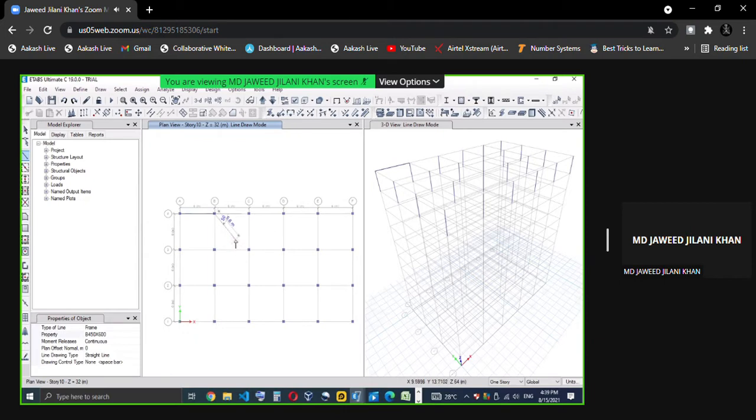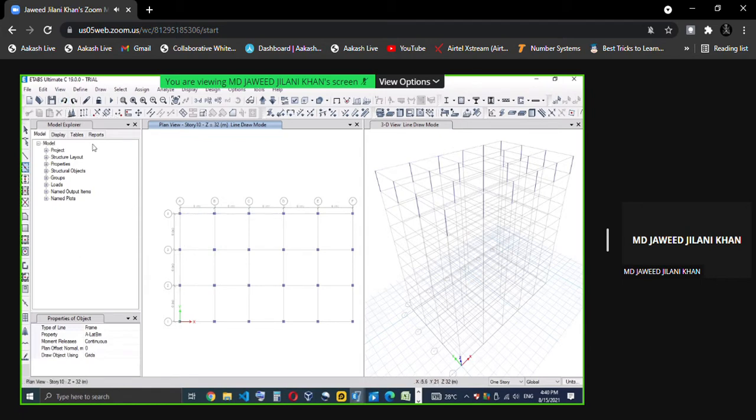This is one option. If you want to break the continuity, right click the mouse button, the continuity is broken, right? And again you can continue from somewhere wherever you want, or you can escape from the command and again use the command. Second option is to draw quick draw beams. Quick draw beams meaning one click. We can draw the beam at one click like this. So this is how we can draw the beams quickly with one click, but it will draw between the grid.